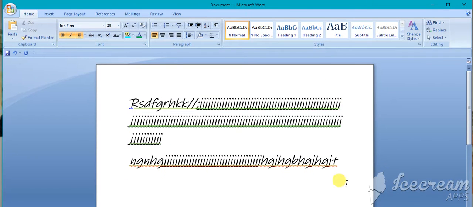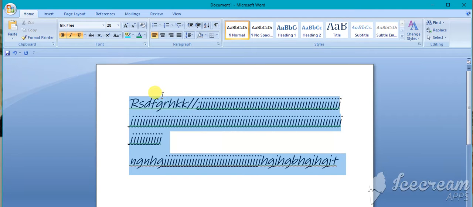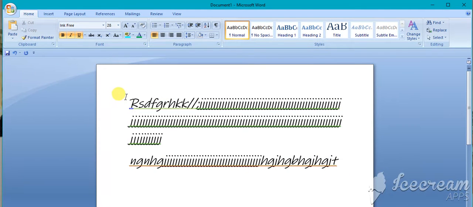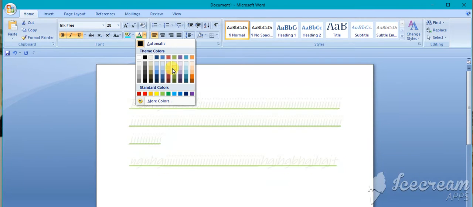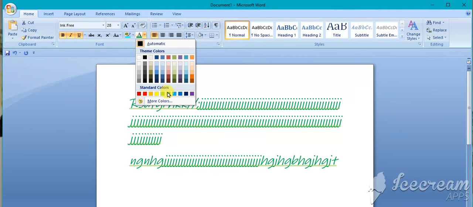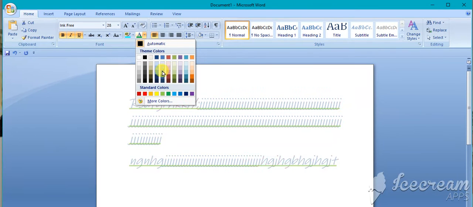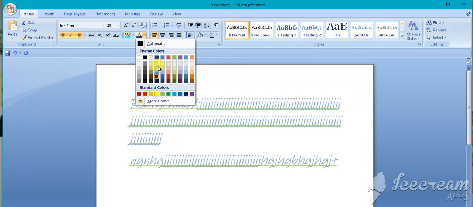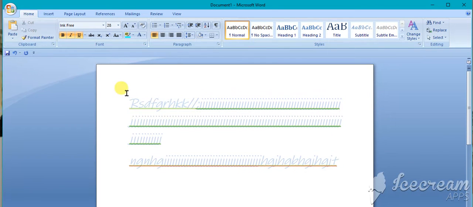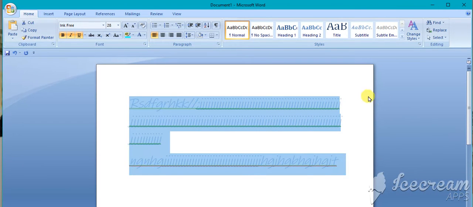Now comes the font color. How to change the font color? First of all, as usual, we have to select the text. After selecting, we come to this, see, here it is written font color, and then we click this and see there are many colors. You can choose as you desire. If I choose this, you can see it black only because it is not so visible. See, now you can see the changes. Am I correct? Yes. So the changes you can see.